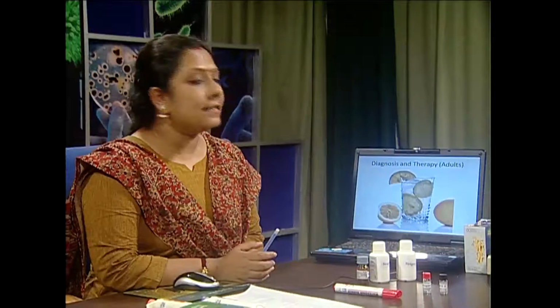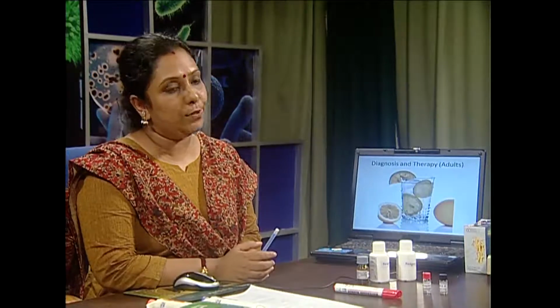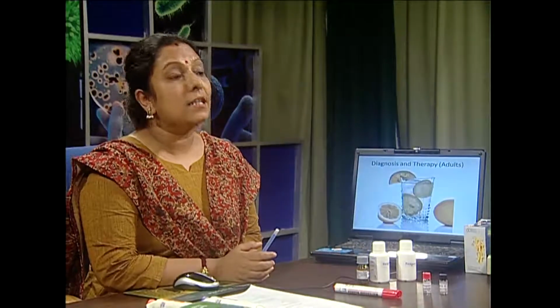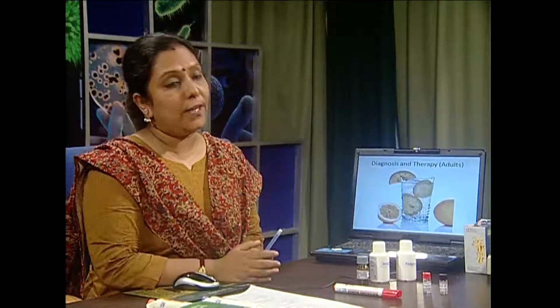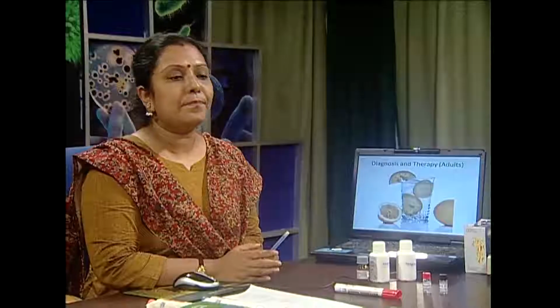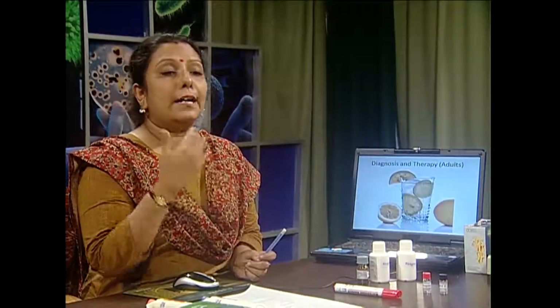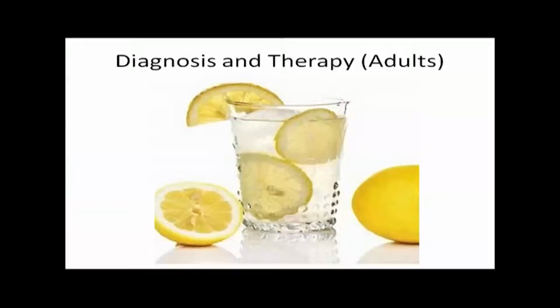In case of adults, the diagnosis or therapy includes nutrition therapy. That is, you should avoid fatty foods when the serum bilirubin is increased, because there is dysfunctioning of the liver as well as bile production. So fatty food cannot be digested very easily. You must have a higher amount of water intake or fruit juices that will help urine passage. That means the extra amount of conjugated bilirubin can be excreted very easily.